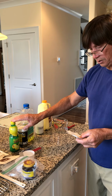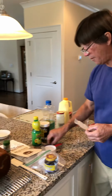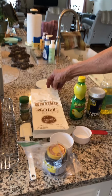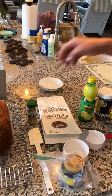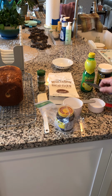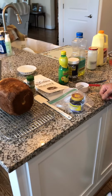The next thing is 2 teaspoons of lemon juice, and then you put in your flour. And the flour is a bread flour. I'm using White Lily today, but you can use whatever you like. I've used all different kinds, brands rather, but it has to be bread flour. Your bag needs to say bread flour. And we're going to put in 3½ cups. So use a ½ cup and 1 cup, and use this to dip the flour out, put it in there, and then level it off with a flat edge, and you'll be in good shape. And then you do the ½ cup, and you'll have all your ingredients. So 3½ cups of flour, and